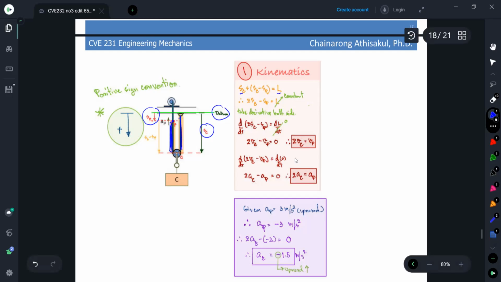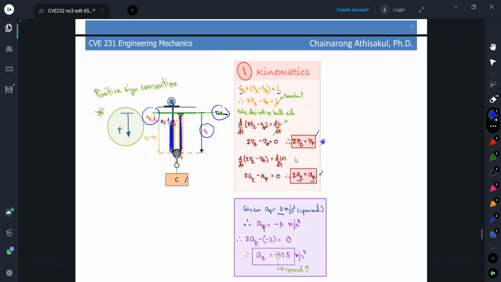It becomes a constant length. After that, we take the derivative of both sides, and we can get the relationship between the velocity of plate C and point P. Taking the second derivative of the constraint equation, we get the acceleration relationship between the acceleration of plate C and the acceleration of point P. Now, from the problem, we know that the acceleration of point P is 3 meters per second squared